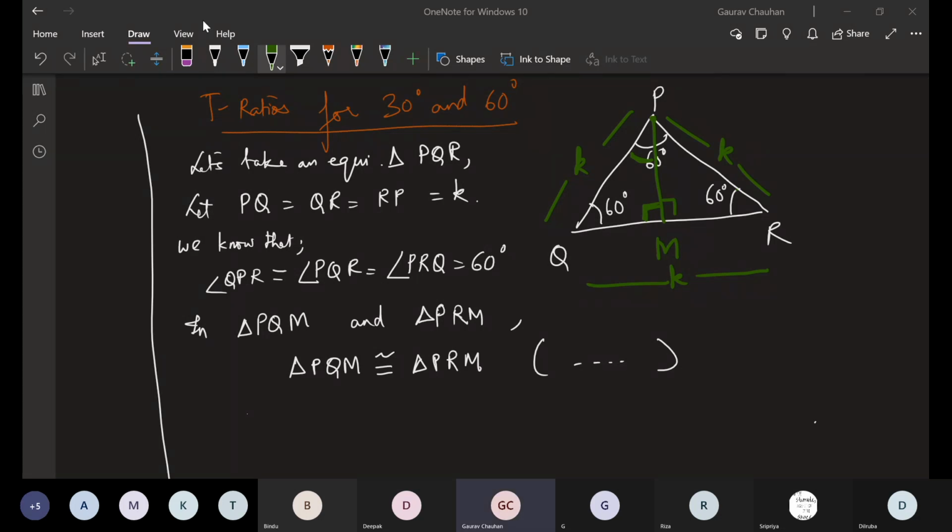Again, okay, let's go to Dilruba. Sir, they are equal. How much will they be? Total is K. How much will QM and MR be if total is K? Sir, total K is equal to 2QM. Okay, K is equal to 2QM. We can write that. So QM will be equal to MR. That's the first thing.